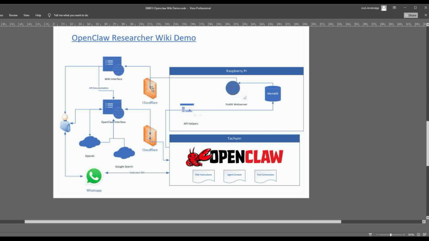You can see we've got Cloudflare acting as the safety net between the locally hosted Raspberry Pi and Tachyon devices, making them accessible via the internet. And then OpenClaw itself is using OpenAI as its agent background in terms of its brain, and Google search in terms of pulling in the research that it needs for this project. And in the background,